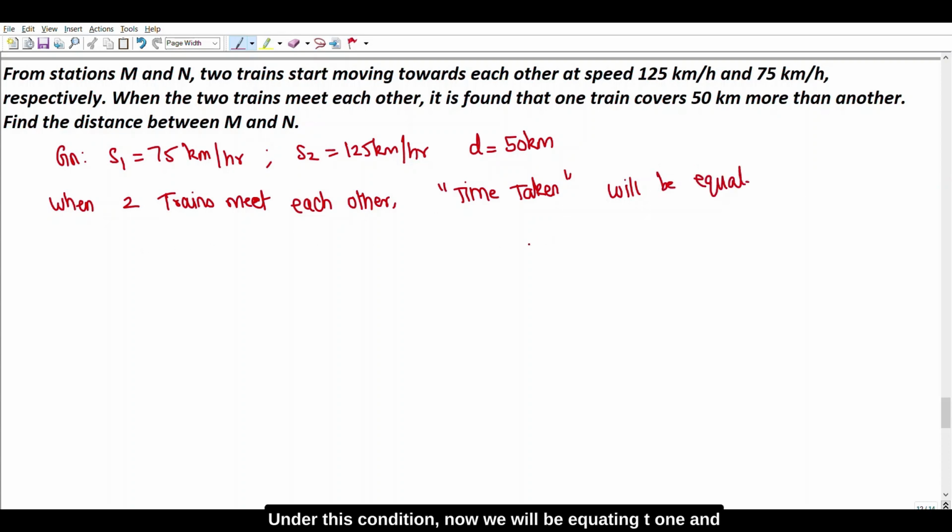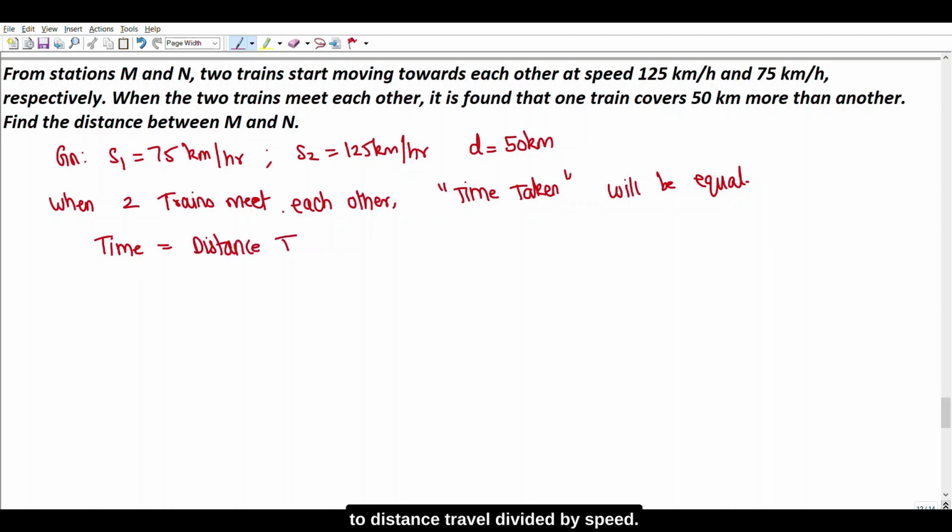Under this condition, now we will be equating T1 and T2 and find the distance between the two stations. We know that time is equal to distance traveled divided by speed. Therefore,